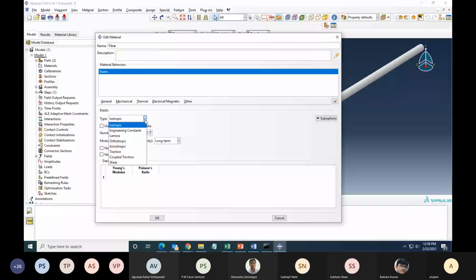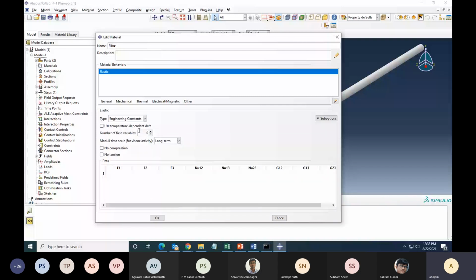Let us choose engineering constants. Then I have to put E1, E2, E3, and all the 9 constants. If I choose orthotropic, then I have to put the stiffness matrix, all the 9 terms. If I say anisotropic, then I need to put all the 21 constants that we have discussed to completely define the stiffness of an anisotropic material, and so on and so forth.